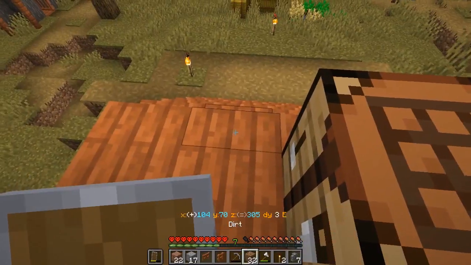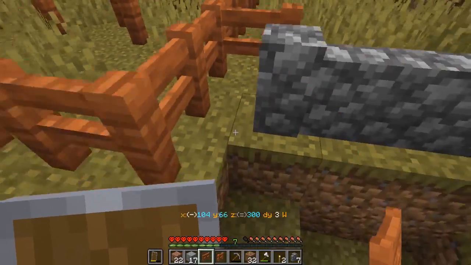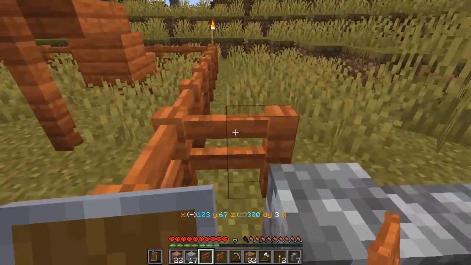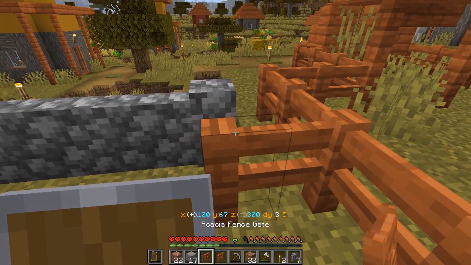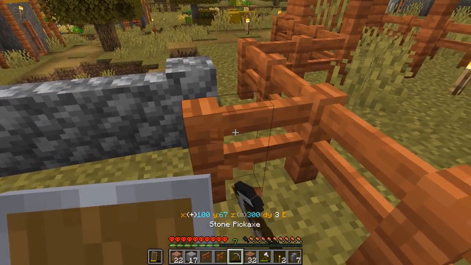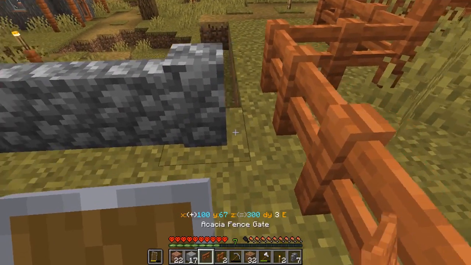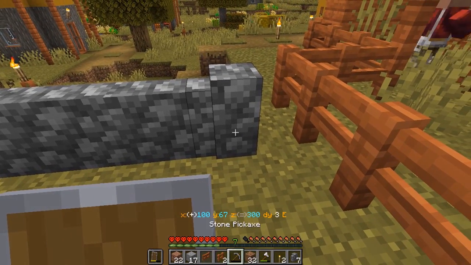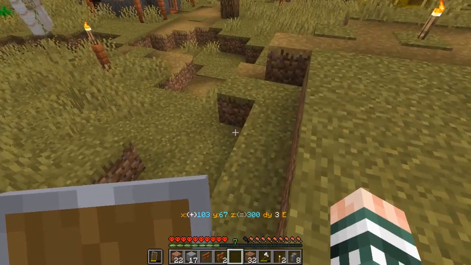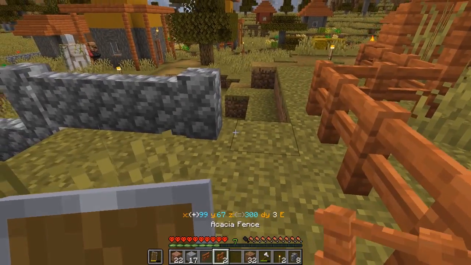Good. Down here. Where would be a good place for this? How about if I break that and drop a... how about if I drop the gate right there? Oh, so much for my pickaxe. Do I have another pickaxe? Well, yeah, I have another pickaxe. Unfortunately, it's made of...